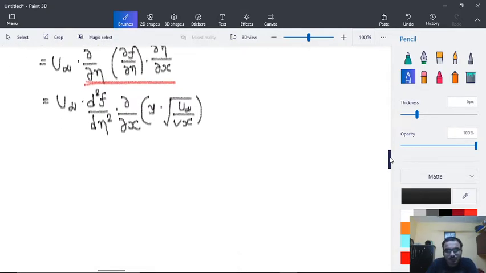So now y will be constant for us. So here it is like u infinity